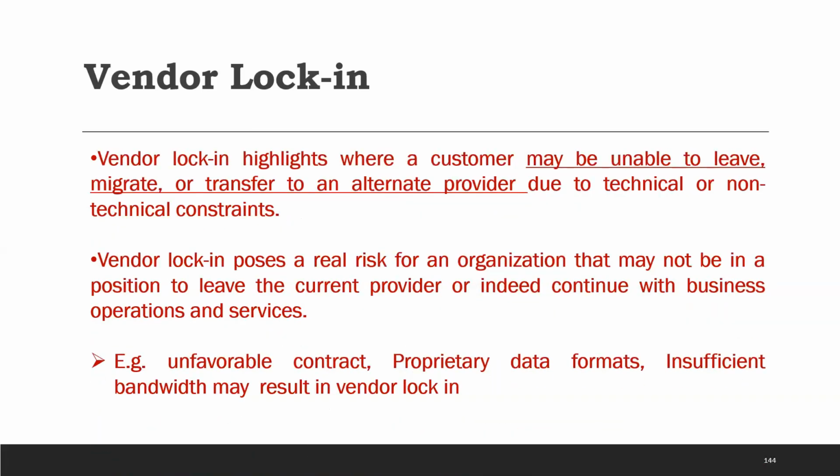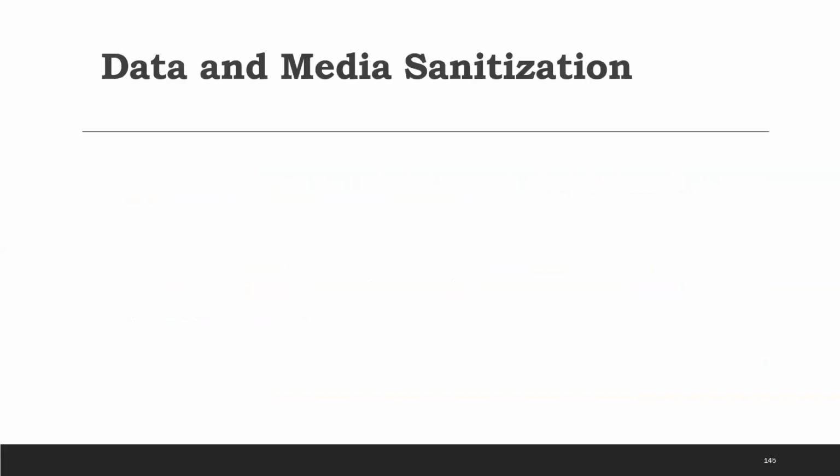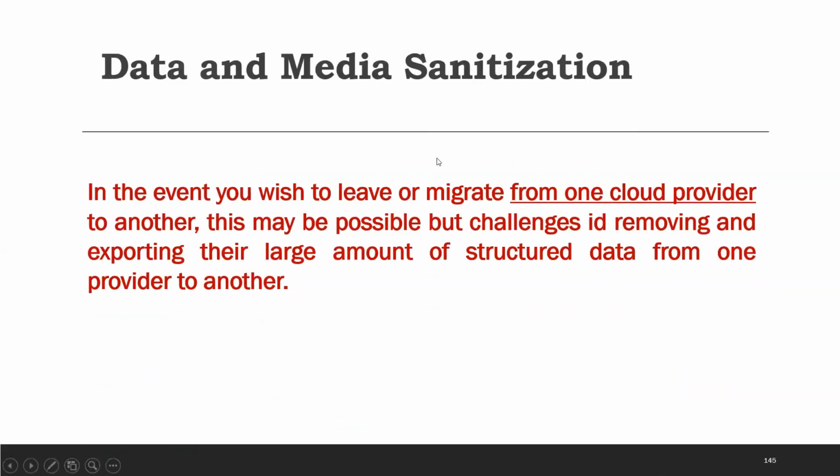क्विकली हम थ्योरीज डिस्कस करते हैं। वेंडर लॉक-इन हमने पढ़ाई है। सो वेंडर लॉक-इन इज अ सिचुएशन वेयर कस्टमर इज अनेबल टू लीव और माइग्रेट ट्रांसफर्स टू अल्टरनेट प्रोवाइडर्स। तो जहाँ पे भी डेटा ट्रांसफर हो रहा है, डेटा लॉक्ड है, वहाँ पे इंक्रिप्शन प्ले करेगा। और वेंडर लॉकिंग पोज ए रियल रिस्क फॉर ऑर्गेनाइजेशंस। एंड there are scenarios जहाँ unfavorable contract हो, proprietary data format हो, insufficient bandwidth हो, ये रीजन होते हैं वेंडर लॉकिंग के। तो वेंडर लॉकिंग के लिए क्रिप्टोग्राफी हेल्प्स ए लॉट। कैसे करते हैं, हम आगे बढ़ते हैं। पहले हम देते हैं डेटा मीडिया सैनिटाइजेशन।